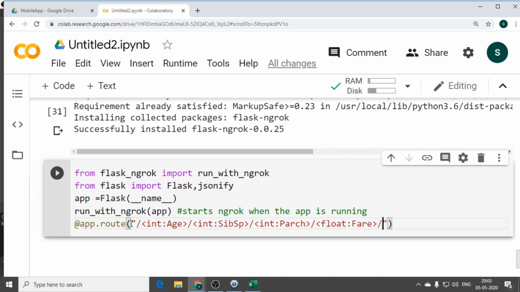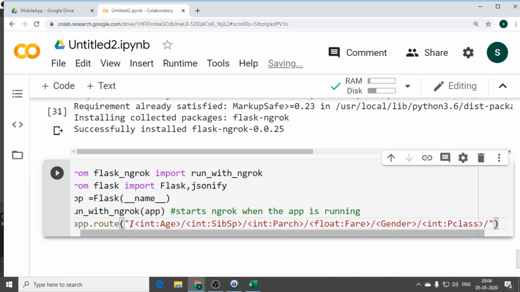Brace close, again slash. So gender, because that is numeric, you can directly give it, because I gave there 1 or 0. M we try to give that as a string at the end, so that is the reason I am not giving it here. And then you define integer for pclass. This is nothing but you are trying to provide routing.